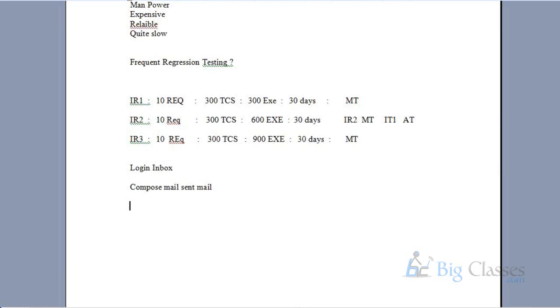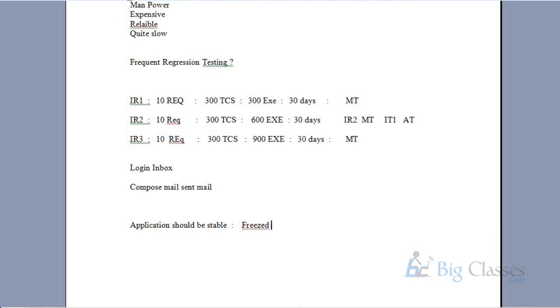Usually, first of all, you have to understand this point, Shailaja: if you want to automate your application, the first requirement is that the application should be stable. That means all requirements are traced, and there are no changes. Maybe they are doing enhancements. If it's fixed, for the fixed functionality you can happily go ahead and automate it.